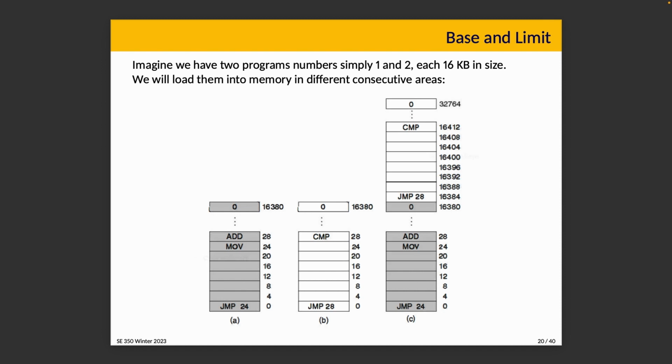And you can probably see at once what's wrong. Program 1, represented by A, will work as expected, but program 2 will not. The address that's referenced here in the instruction that's located at 16,384 says jump to 28. 28 is an absolute address, so it's actually saying go to the middle of the first program.